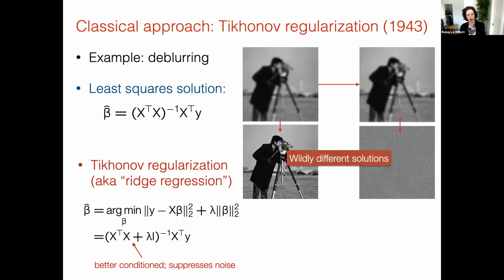And so one approach to sidestep this is classical methods like Tikhonov regularization, or in the statistics community, it would be referred to as ridge regression, where instead of trying to minimize the squared difference between our data and what we would imagine we would collect given a candidate image beta, we tack on a regularization term, something that says what kinds of structure in beta we'd like to promote or we think are more likely. And in this case, that regularization term corresponds to a tuning parameter lambda times the sum of the squares of all the pixels in the image beta.